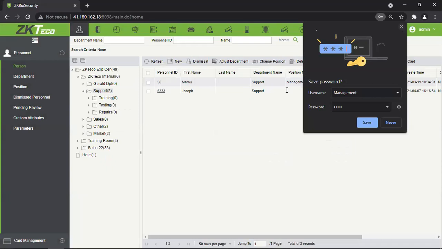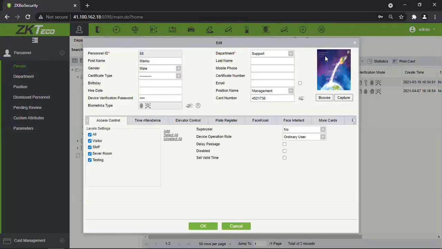Okay. So over here, this is the profile picture that was displaying every time in real-time monitoring. If I tagged on the devices, this is the profile picture that then displayed. You can always change this image if you'd like. You can just browse for it. Okay. The biometrics type over here, you will see that I have enrolled a face as well as a fingerprint